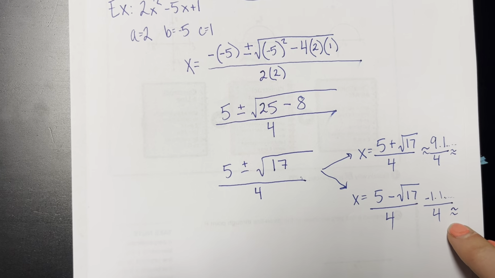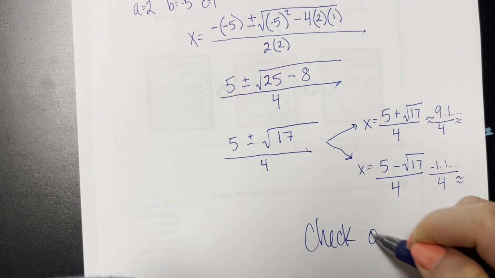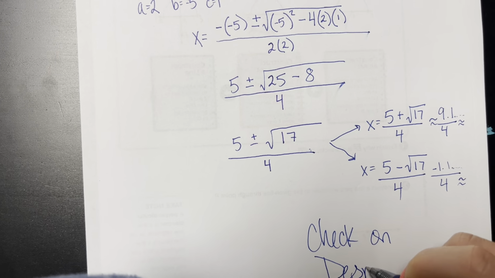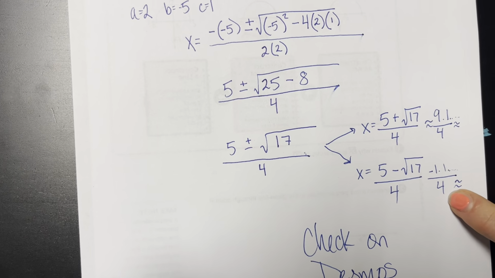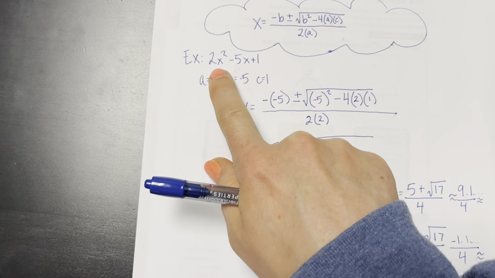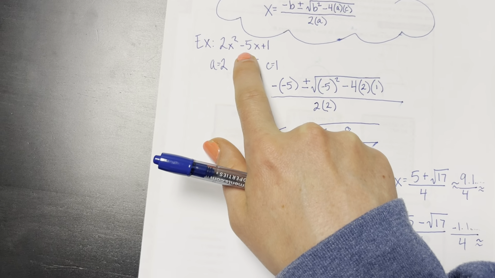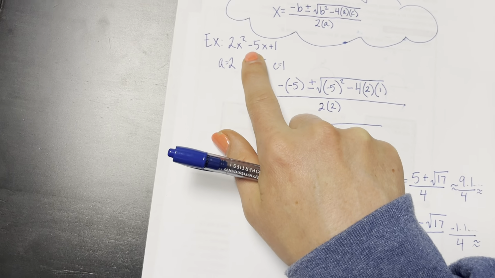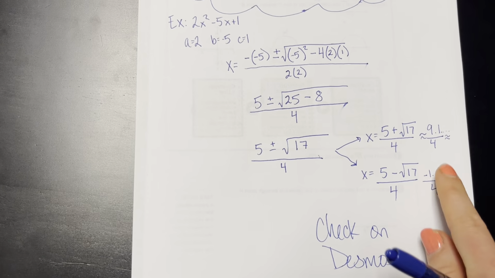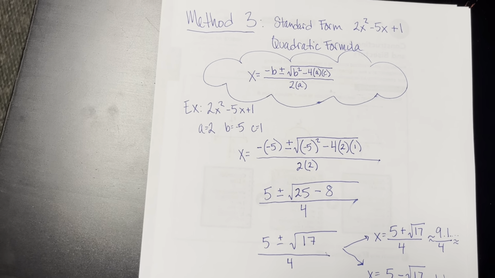So those approximate answers, if you want to check your work, check on Desmos. If you aren't sure that you did this correctly, at the end of the quadratic formula, you can plug in this initial equation, and on Desmos, it will show you the x-intercepts. They will be decimals, and you're hoping that you came up with the same exact decimals. And those are the three methods to solve